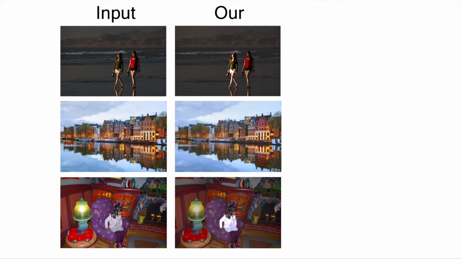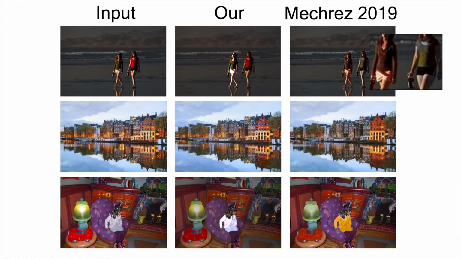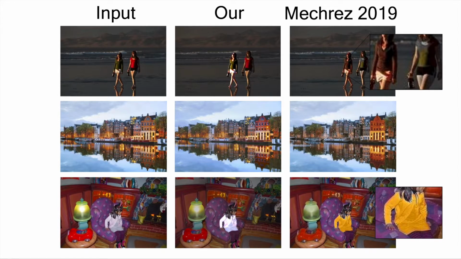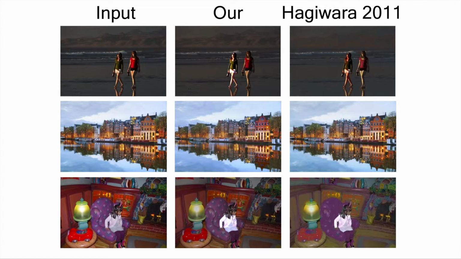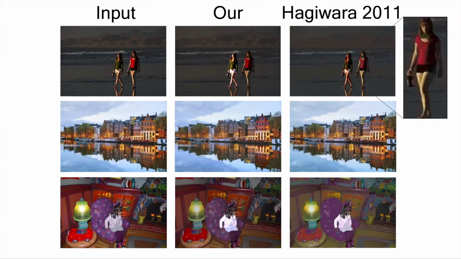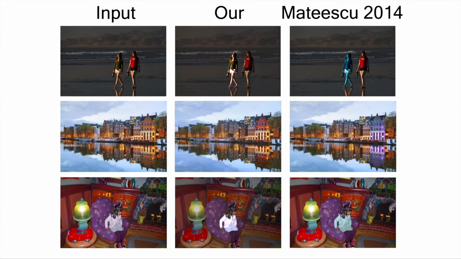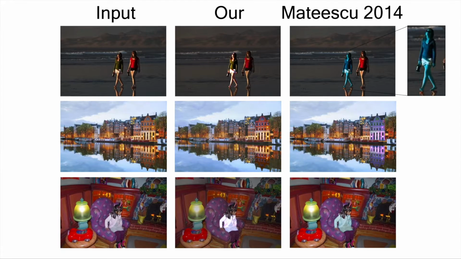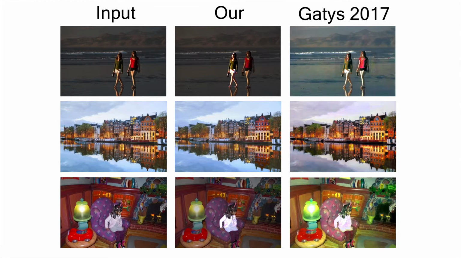Here are our results. Compared to results by Mehrez and colleagues on saliency-driven image manipulation, we see that their approach alters the semantics by recoloring whole objects and not maintaining faithfulness to the original photograph. Another model by Hagiwara and colleagues from 2011 modifies the background of the images so much that people can turn an unnatural hue and textures become distorted. The model by Matiscu and Bajic on attention retargeting by color manipulation frequently makes drastic and impractical photo edits. Finally, a recent method by Gatis and colleagues uses a generative adversarial network which generates serious artifacts in the output